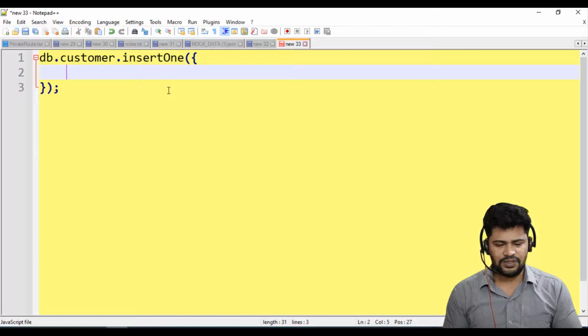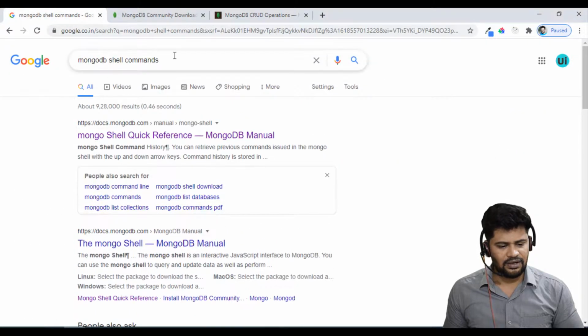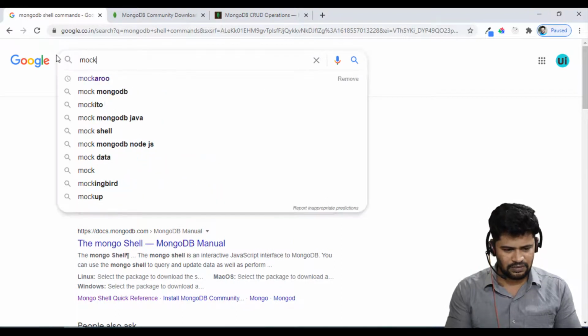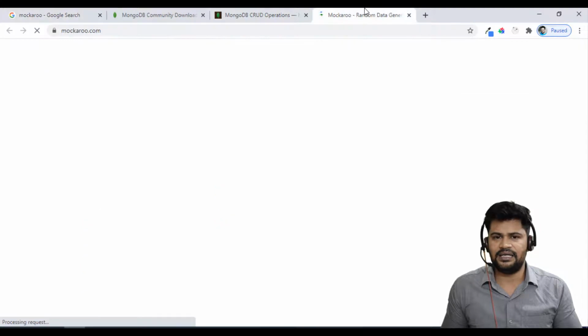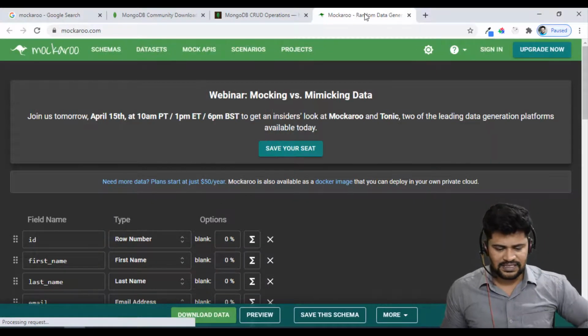So what you actually do is, if you want to have any sample data, you can go to a website called mockaroo.com. So here you can generate some random data and insert it into your system.